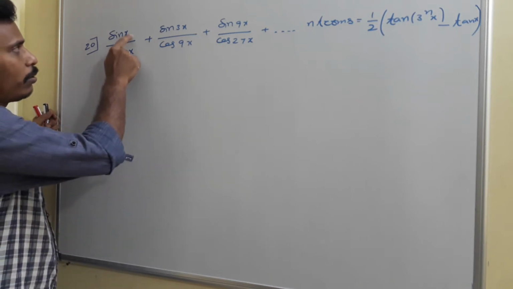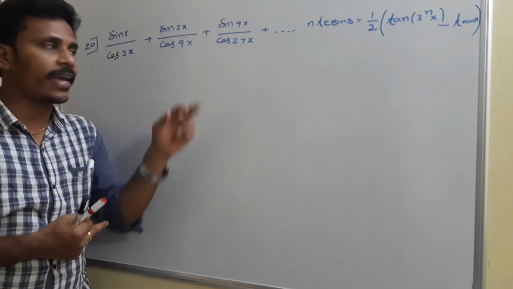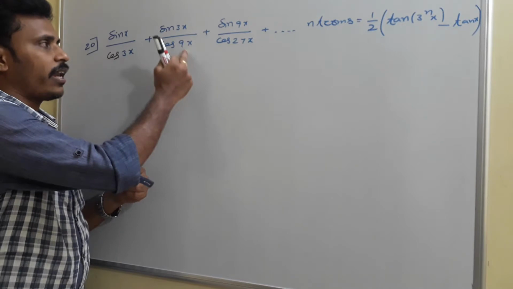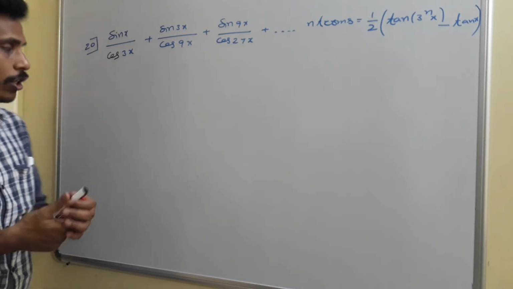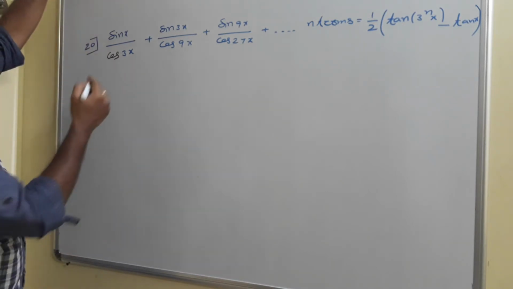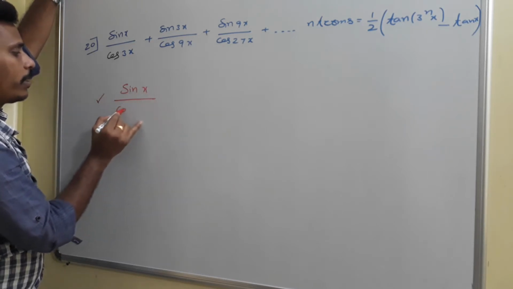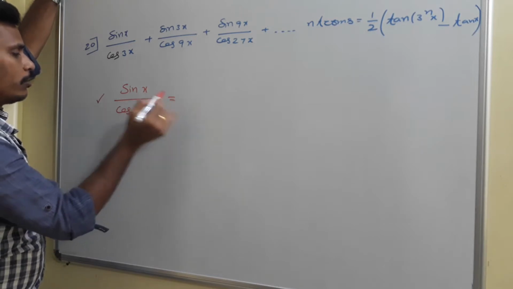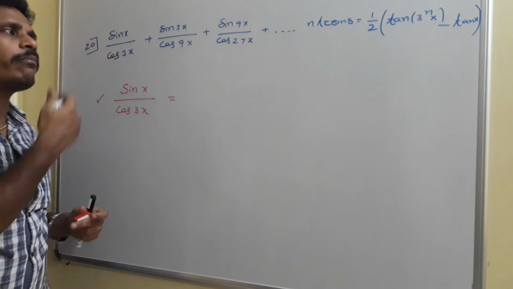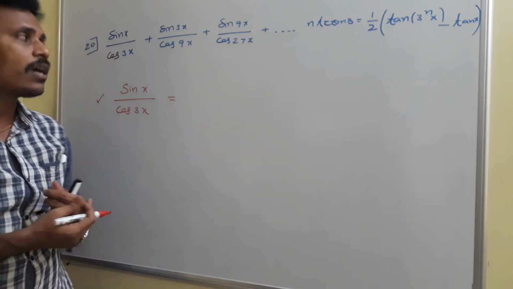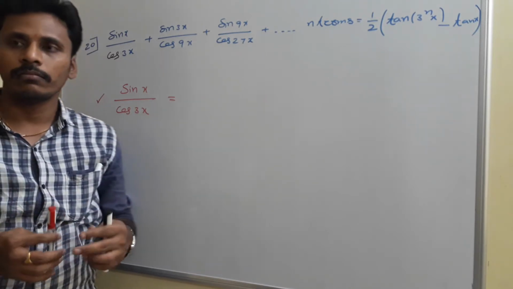This 3x is three times the angle involved in the numerator. 9x is 3 times the angle involved in the numerator, like 3x and 9x, 9x and 27x. So every term is of the same format, so you just start with the first term. And what is the first term here? You just consider this first term, sin x divided by cos 3x. Everybody, pay your attention here for the first term. I will simplify it, and in the same way we have a chance to simplify the second, third, and every term. And at the end we will add all those things, and there ends the discussion.